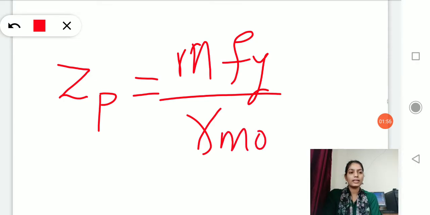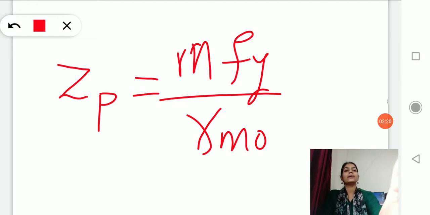And this formula is derived from the flexural formula. You have seen this in the second unit, the pure flexure or pure bending concept. From there you understood the formula for flexure, and from that same formula we rearranged the terms and came across ZP.